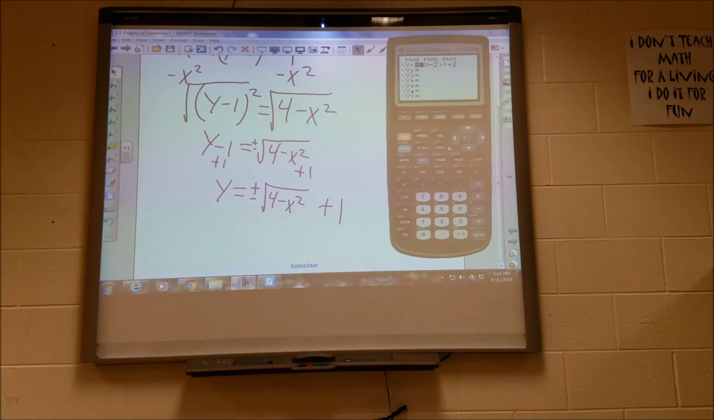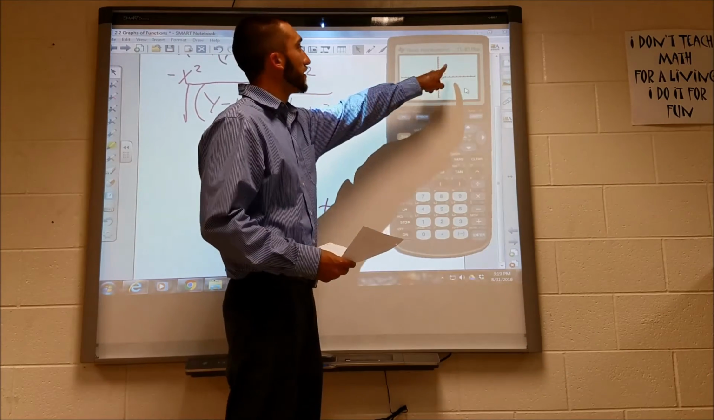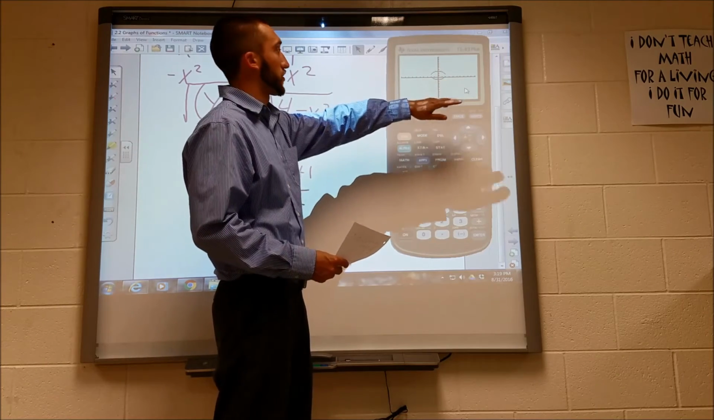So in my TI-83, I go back to y equals. I have the square root of (4 minus x squared), close parentheses, plus 1. And I also have the negative square root of (4 minus x squared), close parentheses, plus 1. So now when I graph it, I can see that the TI-83 is not perfect at making circles, but we